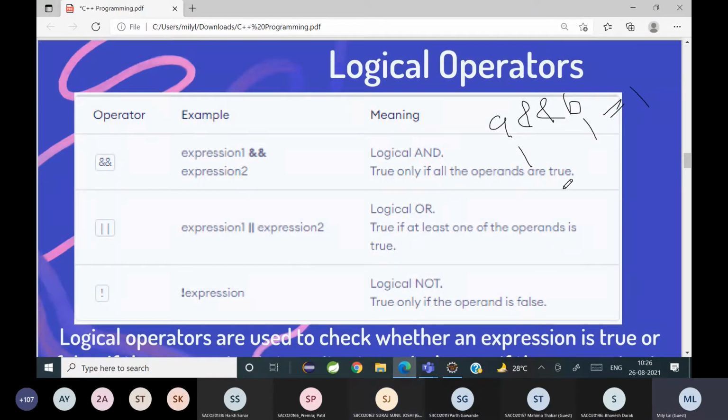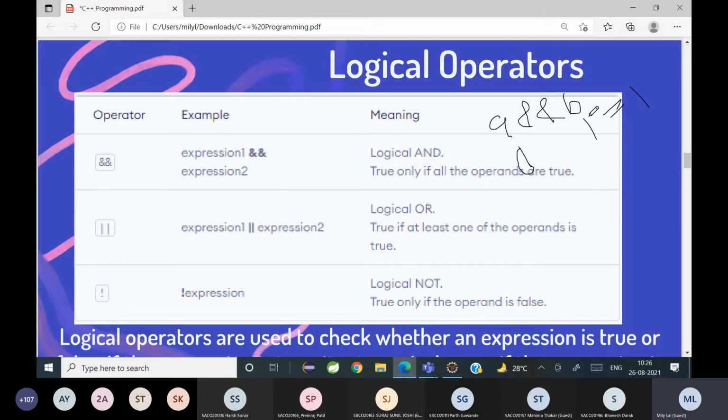Similarly, if the value of A is 0 and B is 1, it will return a 0. So what is the functionality of an AND operator? It means if both the values are true, then and only then it will return a true.